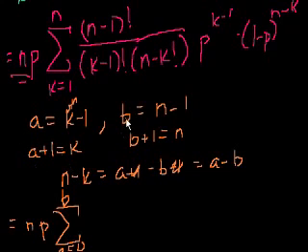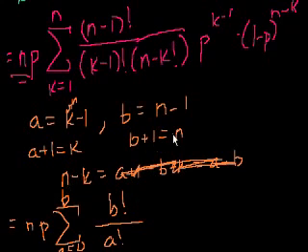And then we had b is equal to n minus 1, so that'll be b factorial over k minus 1 factorial. We made the definition that that's equal to a, so that's a factorial. And then over here, n minus k should be, oh, you know what? I reversed this. N minus k should be b minus a. N minus k, right, n is b plus 1, so it's b plus 1 minus a plus 1, minus a minus 1. Right, so the 1's cancel out and you get b minus a. So the n minus k will become b minus a